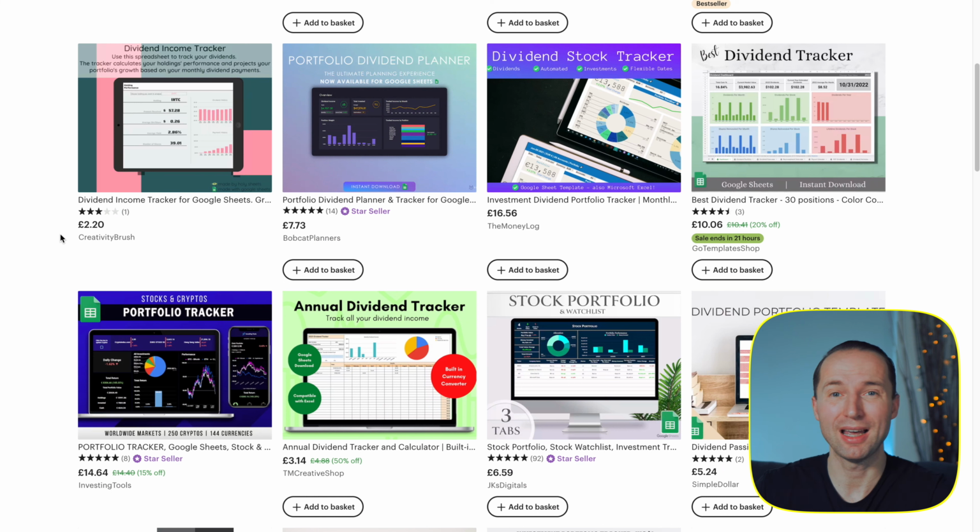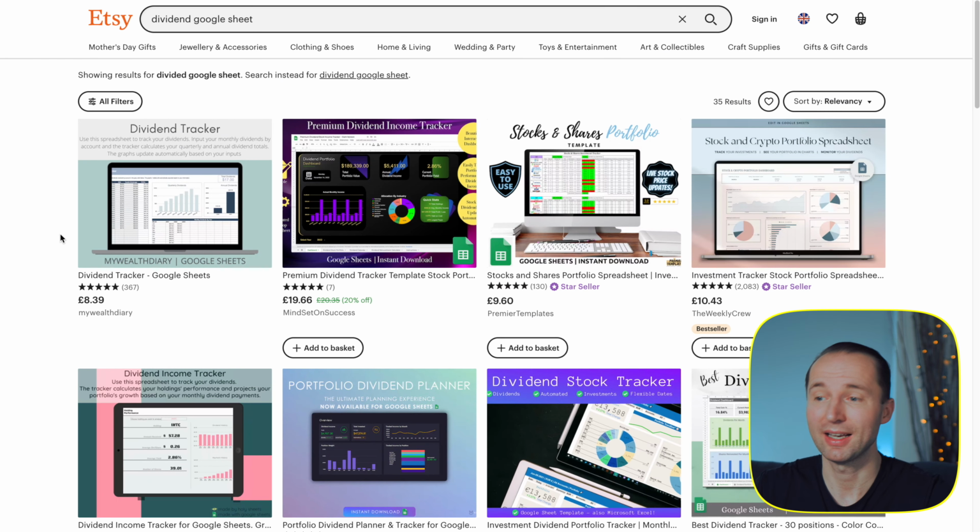However, the only issue I have with those kinds of sheets is that it requires manual input. And honestly, I want to reduce manual work. I mean, we're living in times where AI is really taking off. So having to manually input things into an Excel sheet or a Google Sheet is just not really exciting. But if you do enjoy that and don't have many transactions, then that could be a good way to